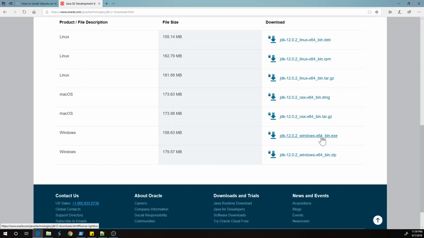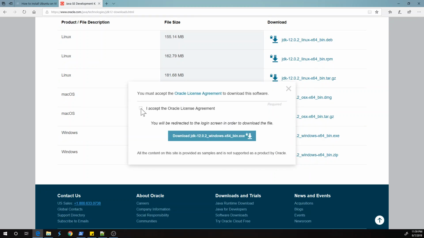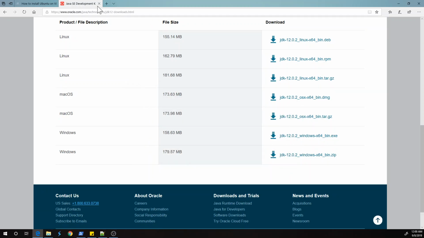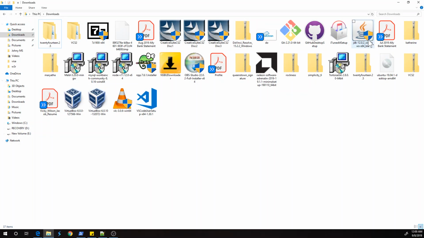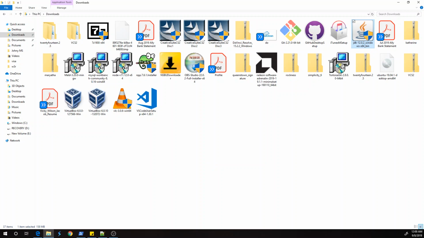Just click on this link right here, but you have to click on accept and click on download. I've already downloaded the exe, so I'm not gonna download it again. If you go to your downloads, you should see it right there. To start installing it, just double click and open it, and a Windows security pop-up will pop up, and click yes,